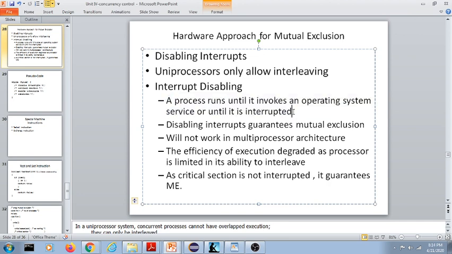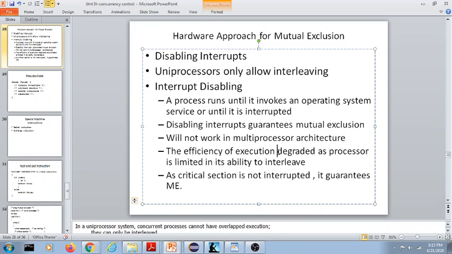But what we will do is, whenever process P1 gets control of the printer, we will disable the interrupts so that particular process P1 will not get interrupted. Disabling all the interrupts guarantees mutual exclusion. But this disabling of interrupts for achieving mutual exclusion will not work in a multiprocessor environment. The efficiency of the execution is also degraded. Why is it degraded? Because you have a uniprocessor system, and that uniprocessor is providing concurrency, or is able to execute multiple processes at the same time, of course in an interleaved fashion.